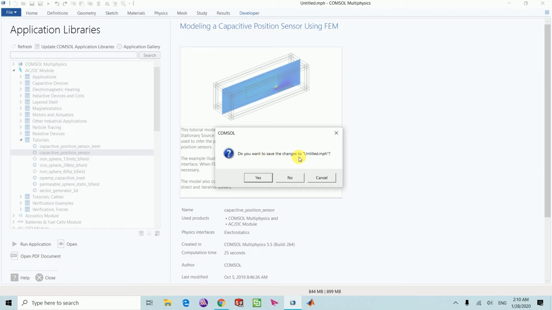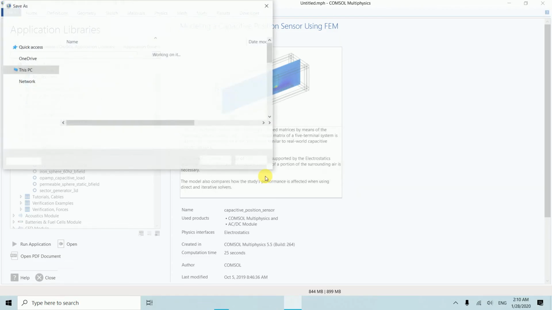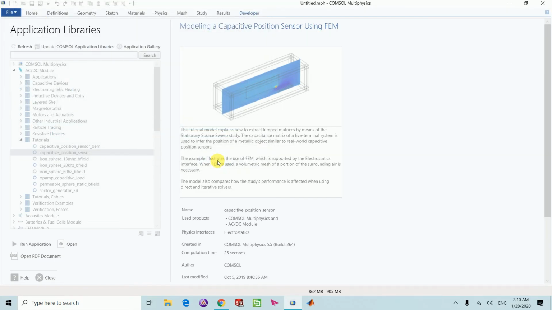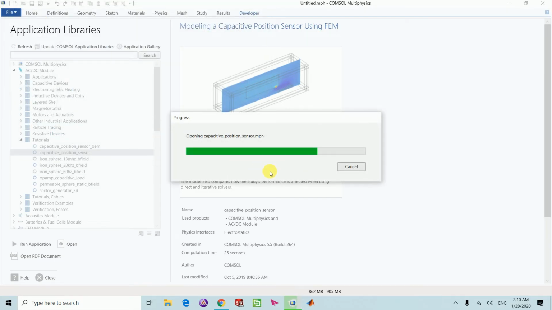Do you want to save the changes? Yes. Save. Okay. Now